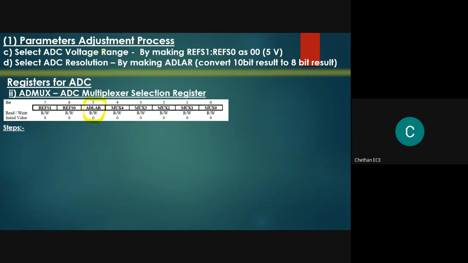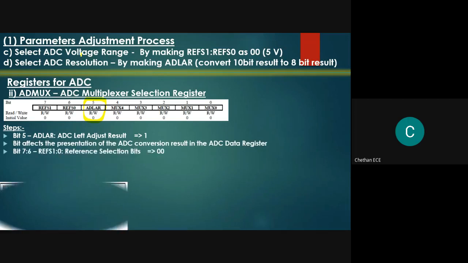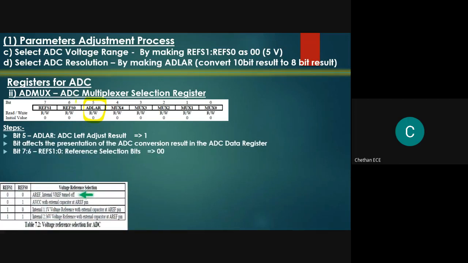And then how can we select the voltage range? The ADC voltage range can be controlled by programming bit number 7 and bit number 6. If we make these two bits 0, 0, our operating voltage for ADC will be in the range of 0 to 5 volts.